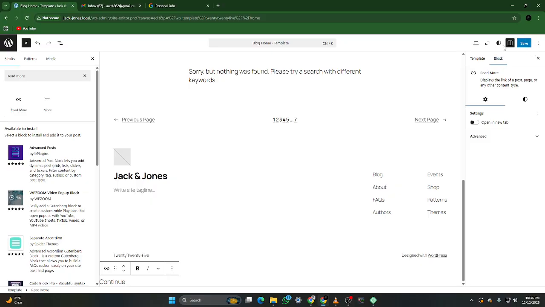You've successfully customized your Read More button in WordPress, a simple tweak that helps your website feel more personal and